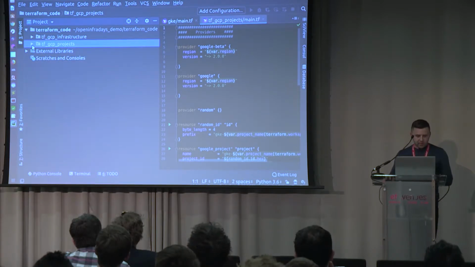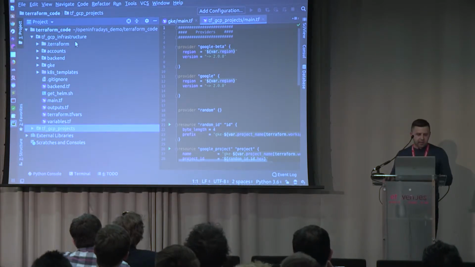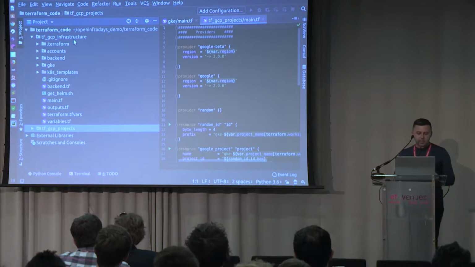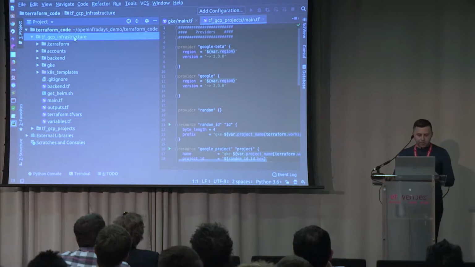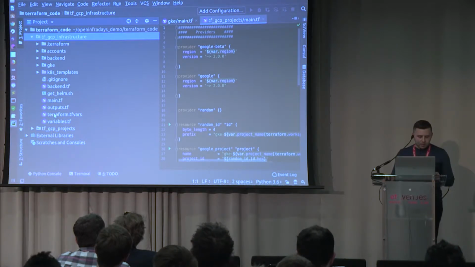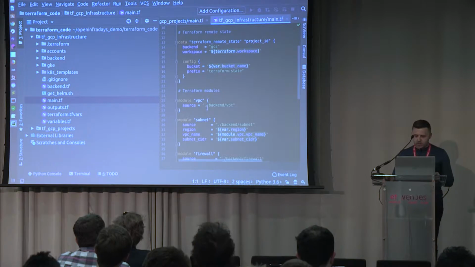So now for deploying the GKE cluster, we will do it the same way with Terraform, and we want to have a good structure and not keep a monolith repo, and this is why I'm using Terraform modules. So I'm splitting every function into a separate Terraform module. So if you look at the main file,